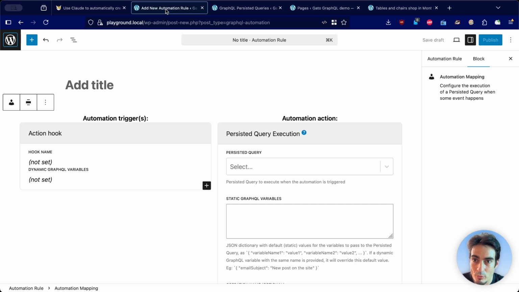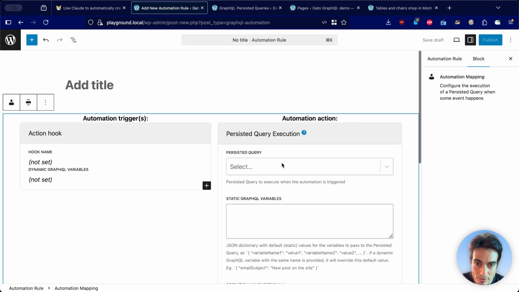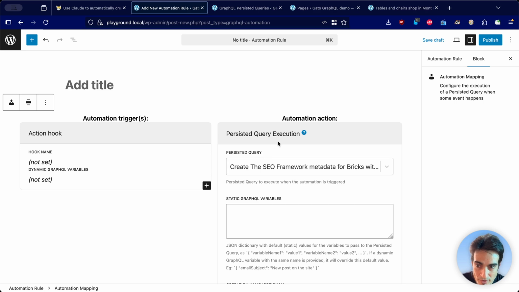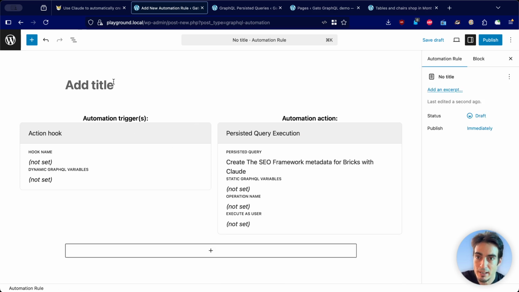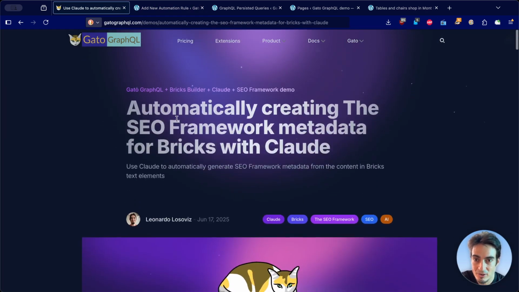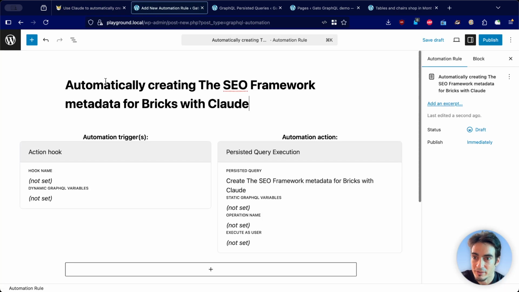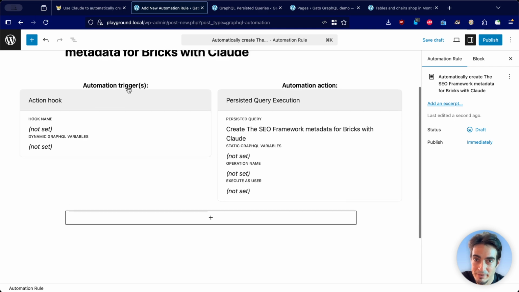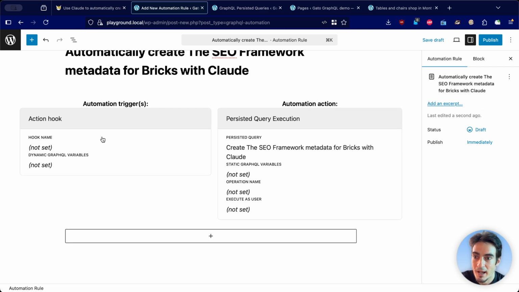Okay, so now when we refresh this page, and now press the query, we can select the one that we just created. Let's give it a name. We can call this, actually, let's call this automatically create the SEO Framework metadata. And here for the hook,